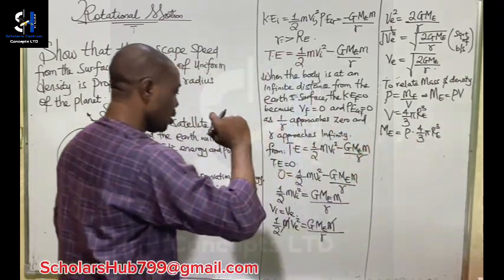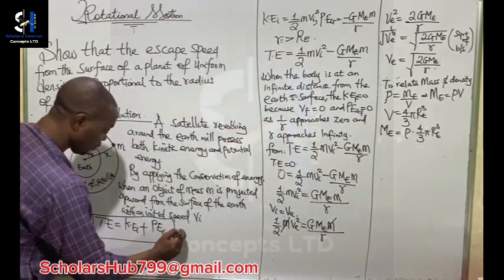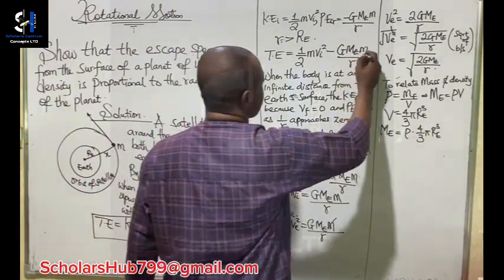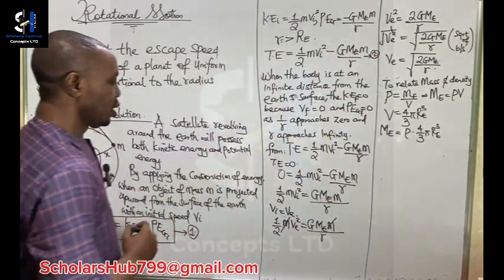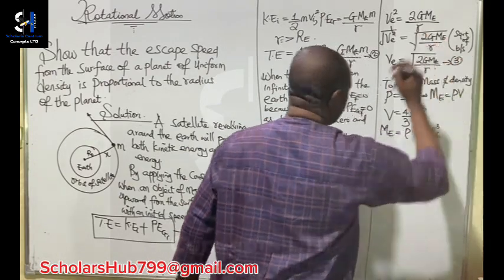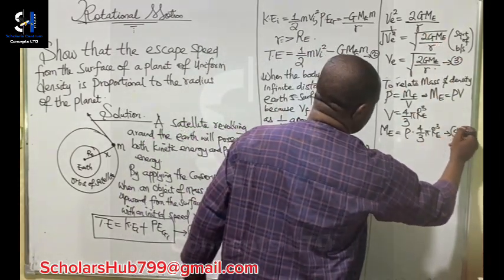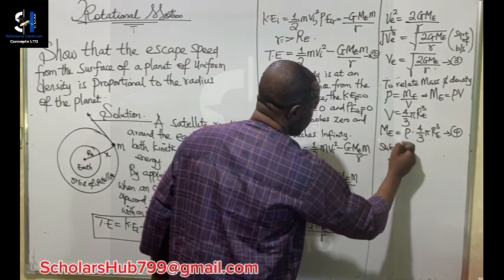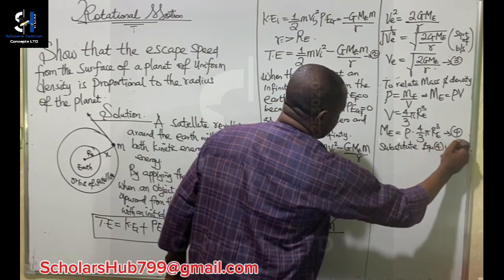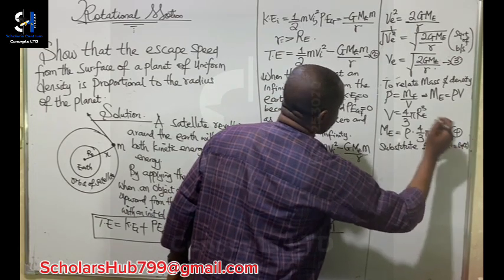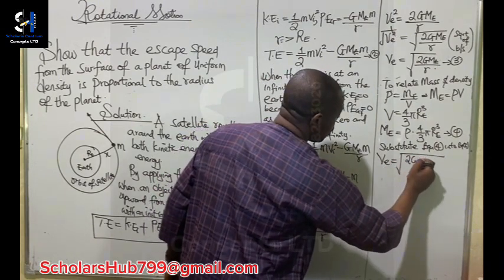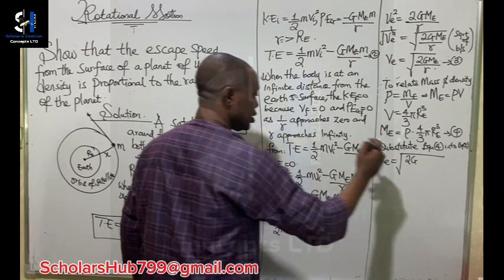Remember, this is the first equation, this is the second equation, this is the third equation, and here we have the fourth equation. So let's substitute equation 4 into equation 3. We then have the escape velocity to be the square root of 2G,